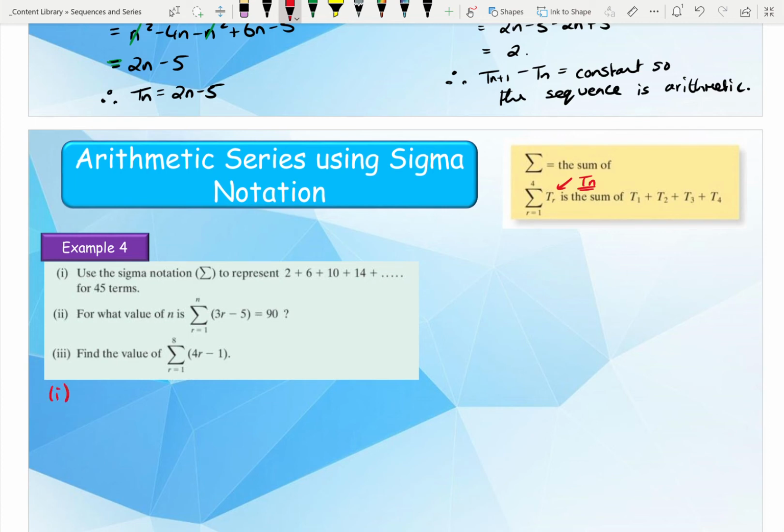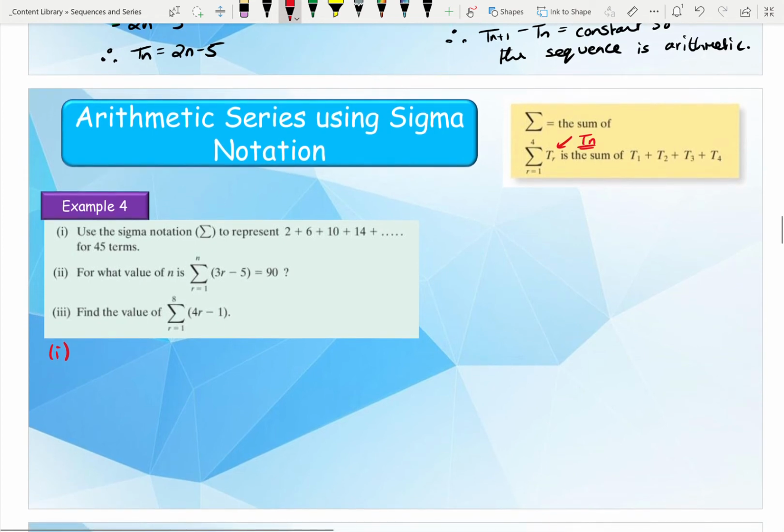So if we look at part 1 here, it says use sigma notation to represent 2 plus 6 plus 10 plus 14 for the first 45 terms. Now be careful here, it doesn't actually say find the sum of the first 45 terms. It just says to use sigma notation. And to use sigma notation like this guy, 45 is going to go on top. Because it's the first 45 terms, I know r is equal to 1, but what right now I don't know